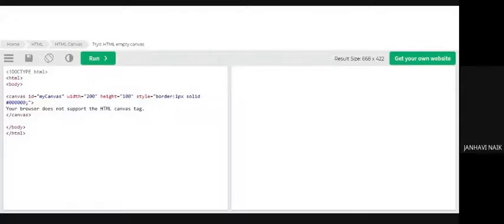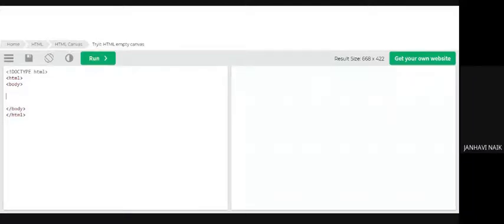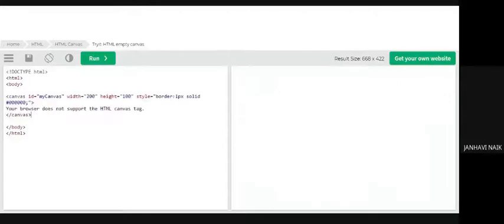I hope you all are able to see the screen. Let me cut this part. This is a normal HTML file. Doctype HTML, HTML opening, HTML closing, body opening, body closing. Head title I have not written; I don't want to add any head title right now. Now, the syntax is, you open angular bracket, the word canvas, space, ID. Like we have a roll number, same way we have an ID. So what does the ID attribute specify?